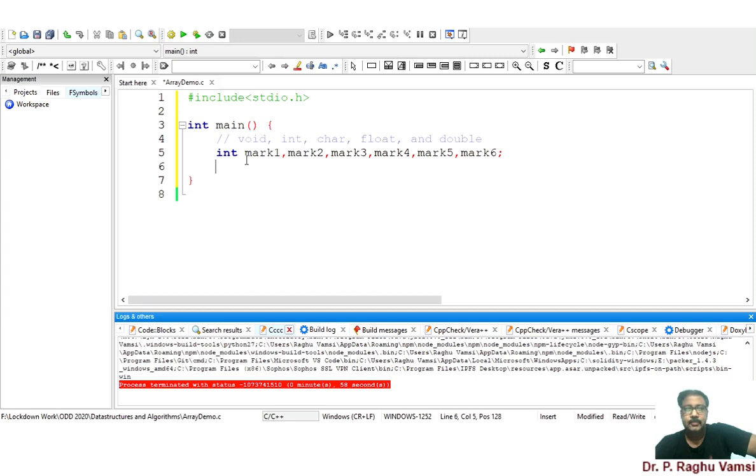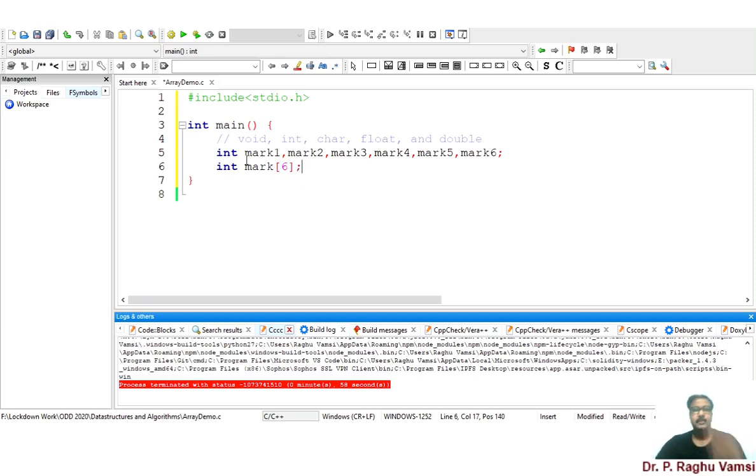So the reason there is a technique called the array concept, which will help us in combining the homogeneous elements into a group, and thereby we will get a user-defined data type. So instead of declaring these 6 elements, what I will do is int mark[6].